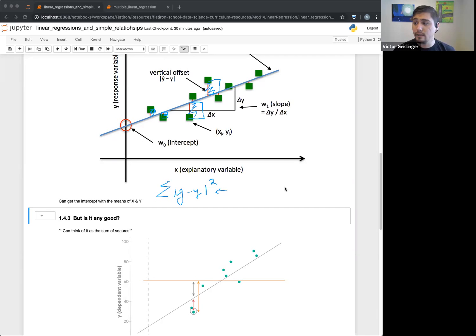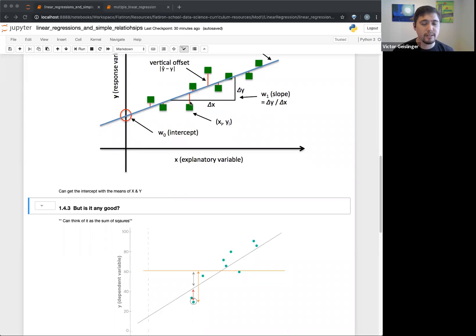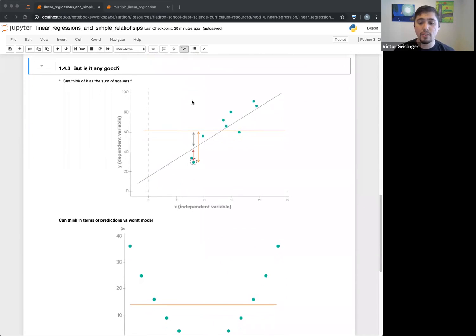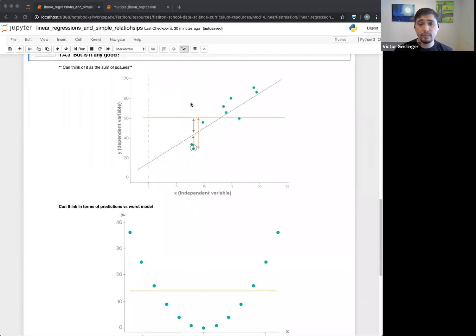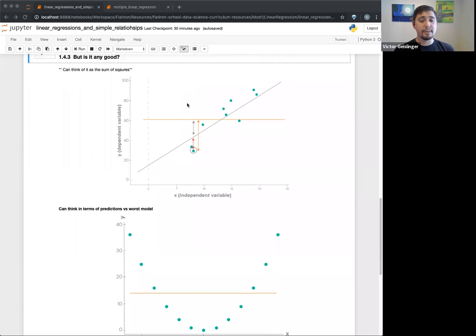So this leads us into the residuals, right? This part right here is how much it differs from the prediction. And so the thing is, how do we quantify it? We compare it to the worst model. When I say the worst model, I mean the simplest possible model ever. And what this line represents is basically if you average all of the data points,